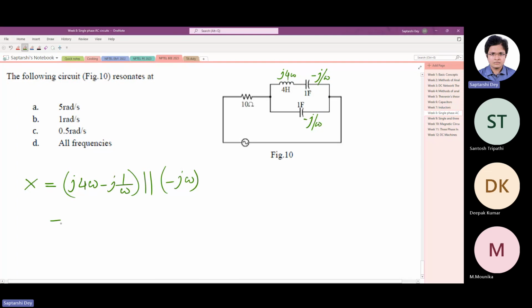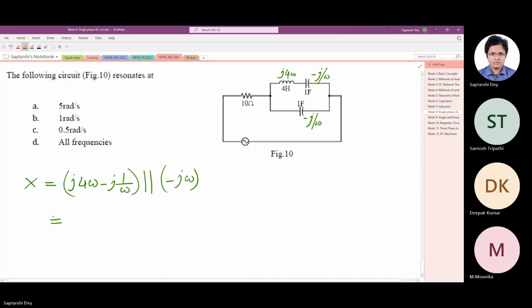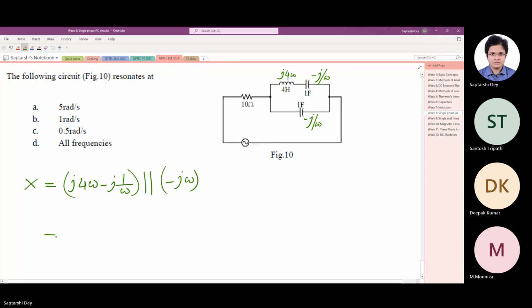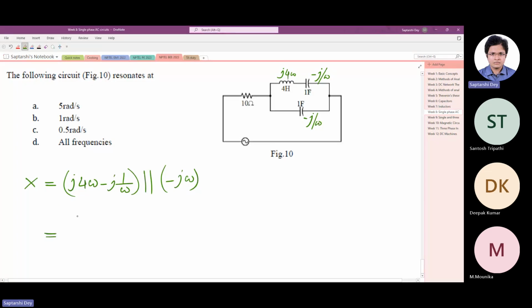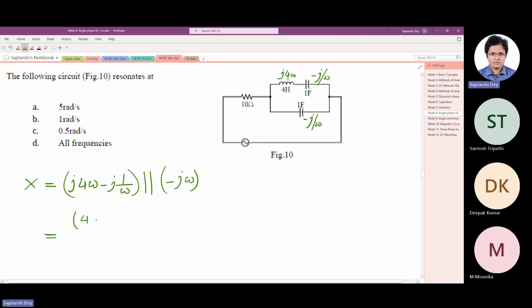This is nothing but a simplification problem, AB by A plus B. It simply tests whether you can do complex algebra, nothing else. So I will take all the j common. If I take the j common, j squared gives minus 1, and that minus 1 gets absorbed. So we have here (4 omega minus 1 by omega) times omega by,